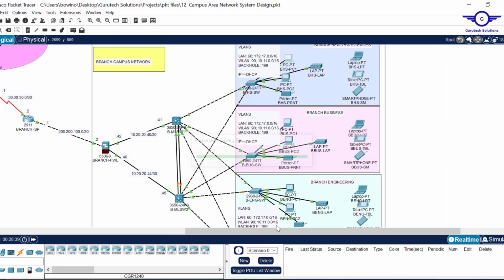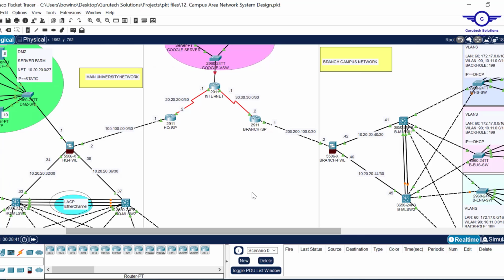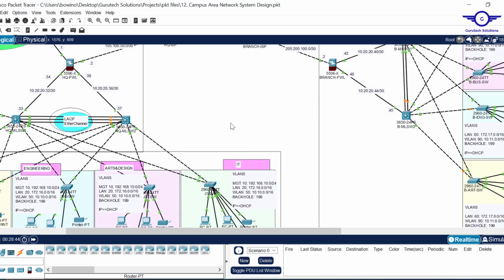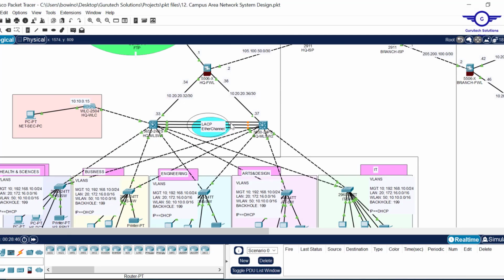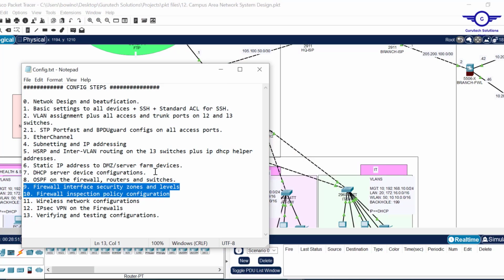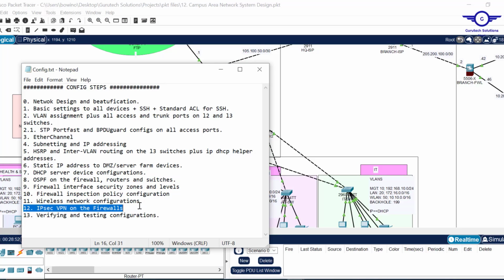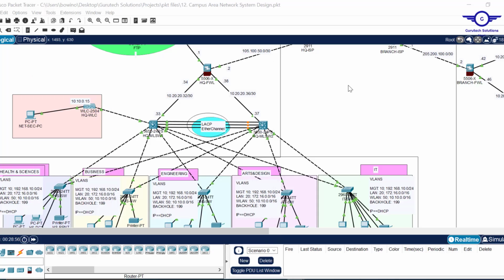Okay, so guys, basically I've turned on the DHCP option for all other remaining devices. So what is next on the list? I just see it is wireless network. Wireless network configuration, very important. So guys, basically, this is our wireless LAN controller,